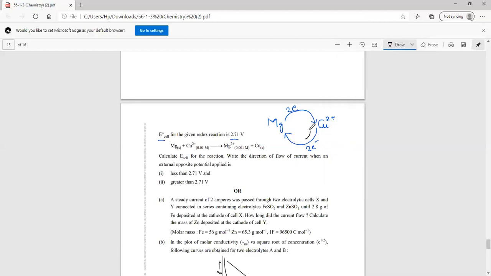This will be the direction of flow of current. Now, how will we write that? What will be the direction of the flow of current? Direction of flow of electron is always from anode to cathode. Okay, so if we write it down here,